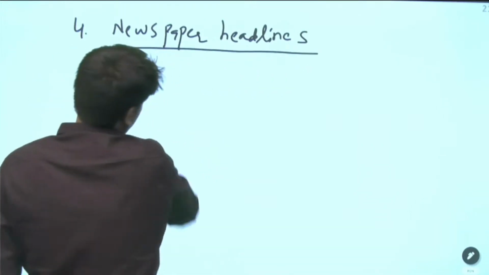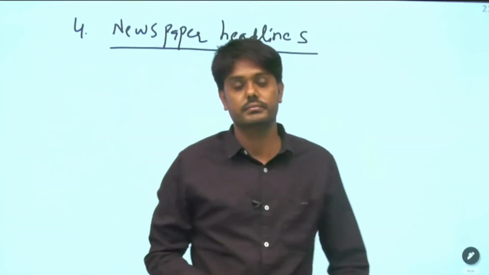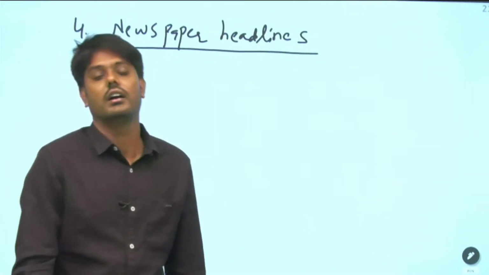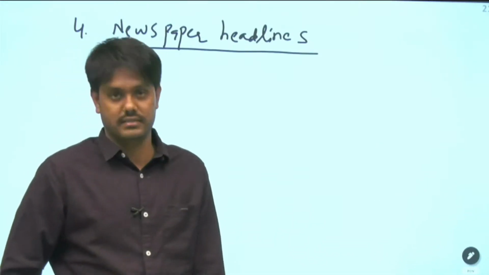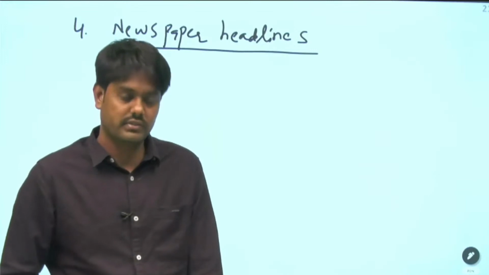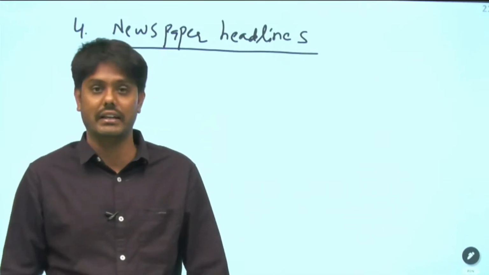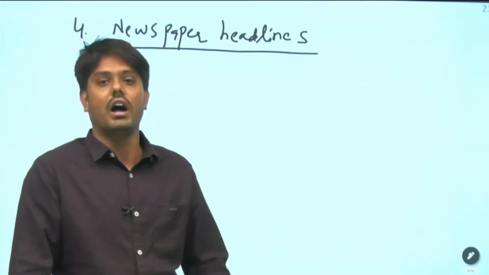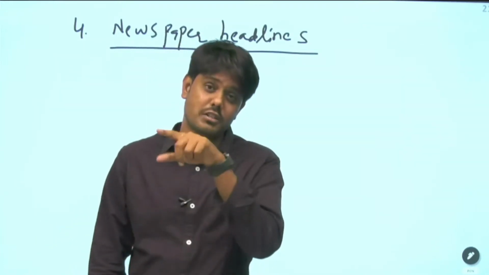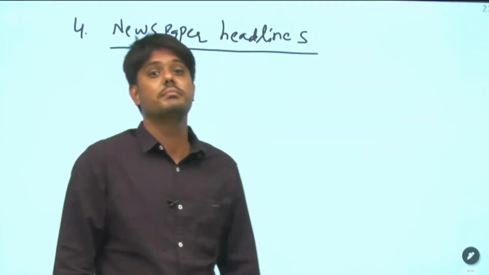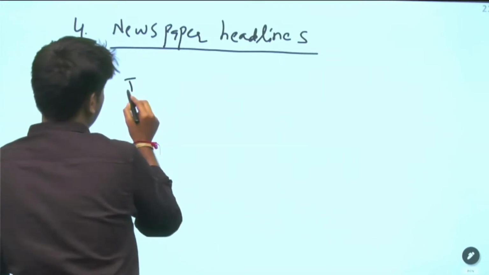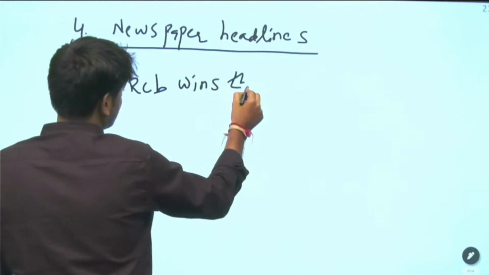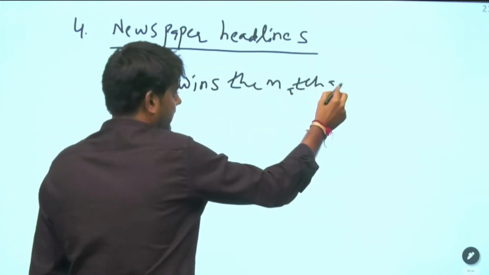For newspaper headlines, for example, today a match is going on between RCB versus Rajasthan Royals. Let us think that today RCB wins the match. In tomorrow's newspaper, it will not come in the form of past tense, even though the match has already been completed. In newspaper headlines, it will come in simple present tense only. So the example will be: RCB wins the match against